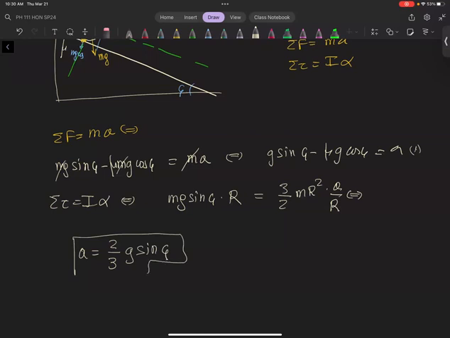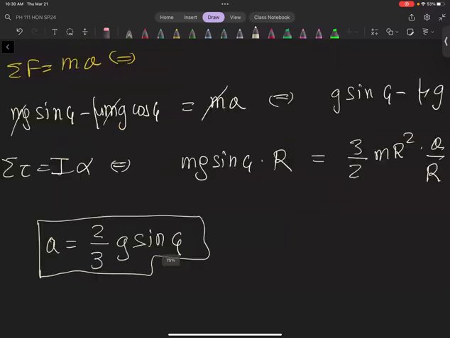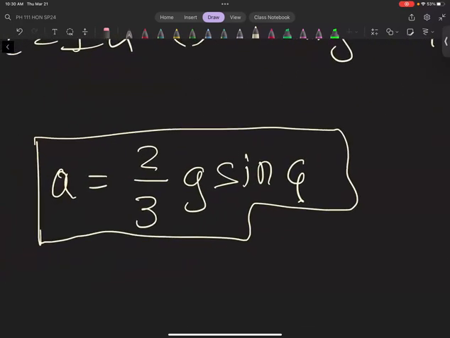Guys, take a look at this. This is a profound finding. Take a really good look at this and tell me what's wrong with this picture. We're dealing with an inclined plane with friction, and I'm telling you that acceleration has nothing to do with friction. Aha, what a finding. Yes? Look at this. Isn't this true?